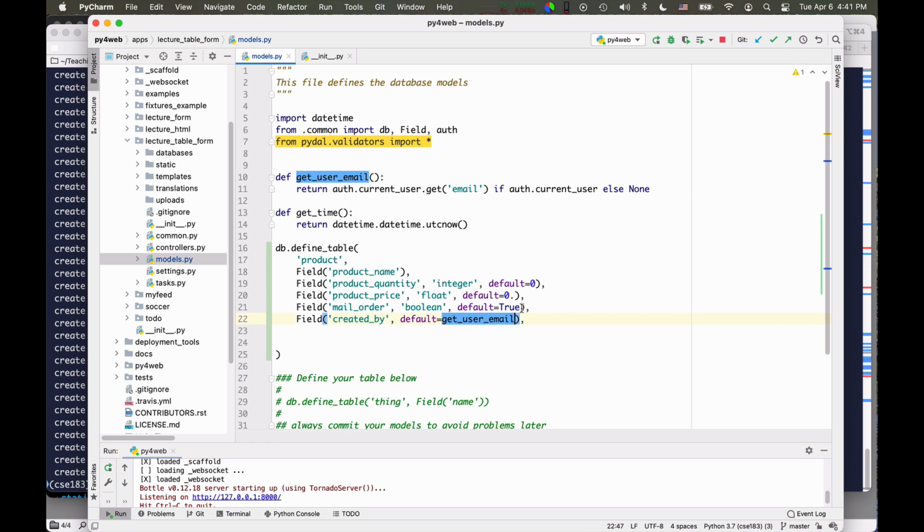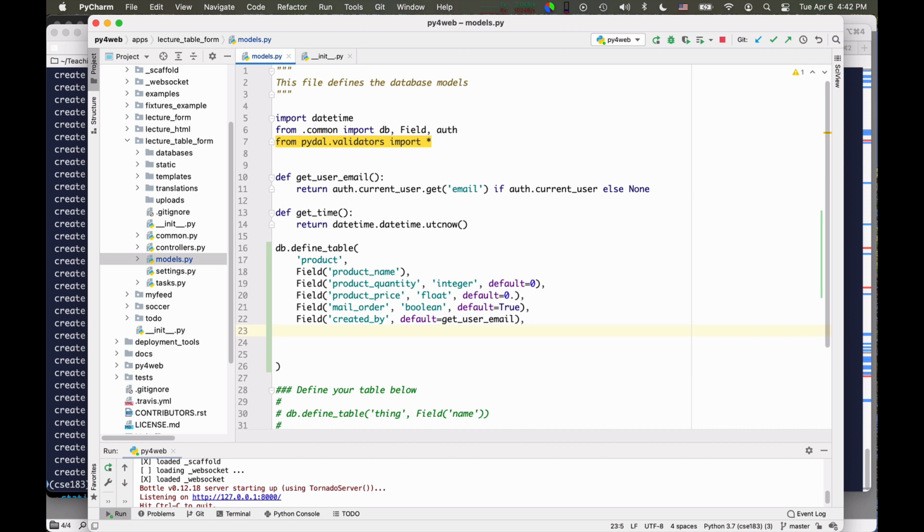I can tell you it's one of the very common errors that even I make, just because of the autocompletion, I guess, to leave these parentheses, but you should not have them. So if you always see None in the created_by field, check for the presence of parentheses there.